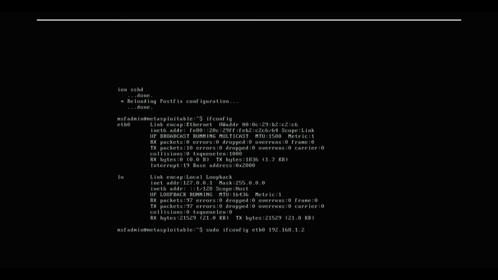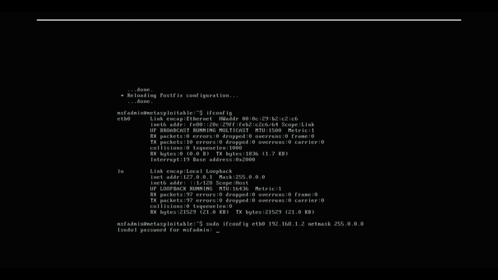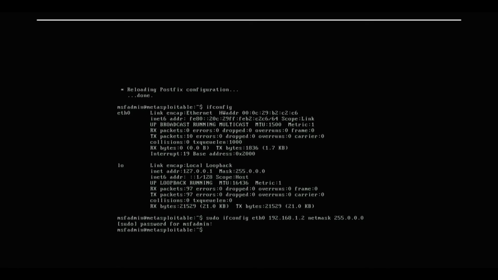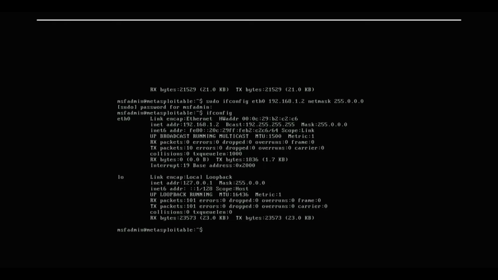192.168.1.2. I'll make sure that the IP address falls in the same range as that of Kali Linux, and netmask is 255.0.0.0. Okay, click enter. It's asking for the password, msfadmin. Now let's check again. So as you can see right now, an IP address has been assigned, which is